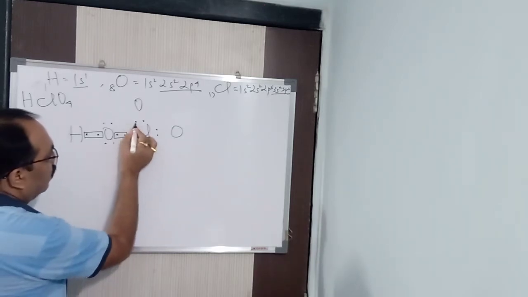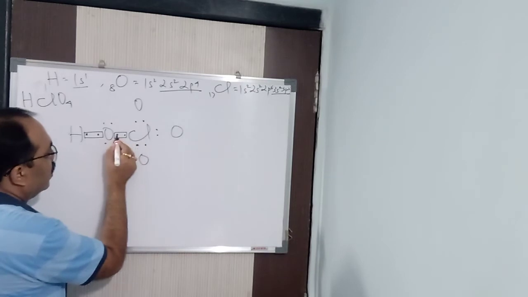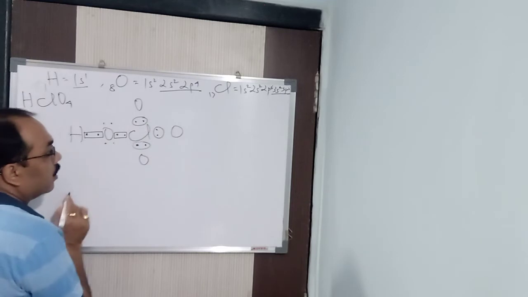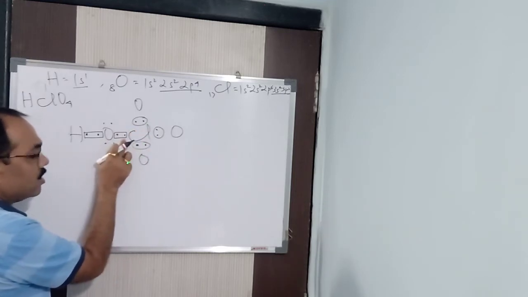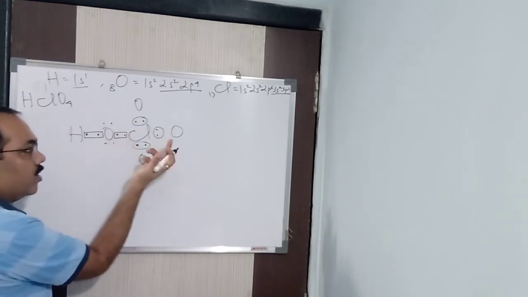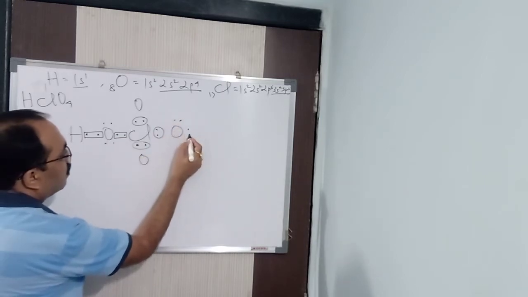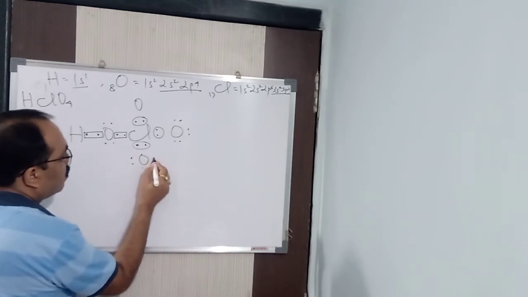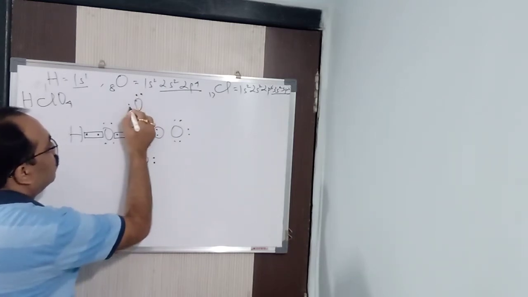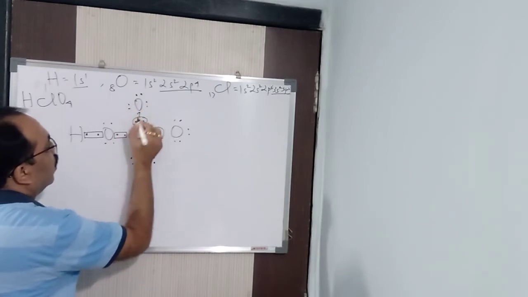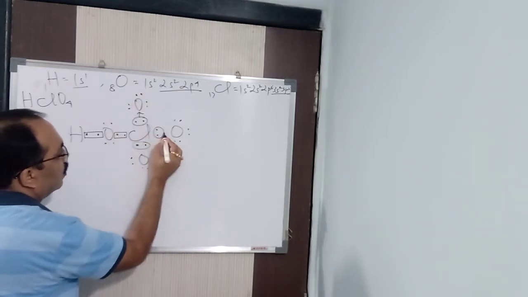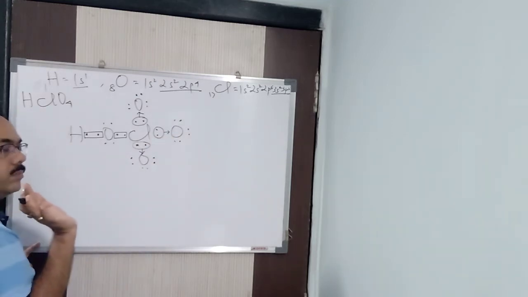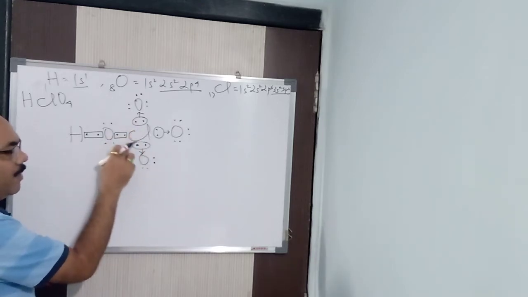So automatically, you can see, 1, 2, 3, 4, 5, 6, 7 and 8. So automatically 3 lone pairs are created. After the central atom attains an octet structure, 3 lone pairs are created. You can see very clearly. So how many does oxygen have? 6. This oxygen also has 6, and this oxygen also has 6. So it gives one pair of electrons to one oxygen, another pair to another oxygen and another pair to another oxygen. Done. Alright.